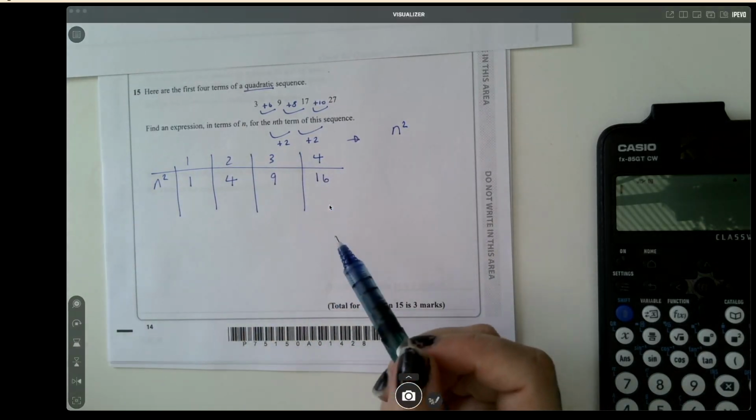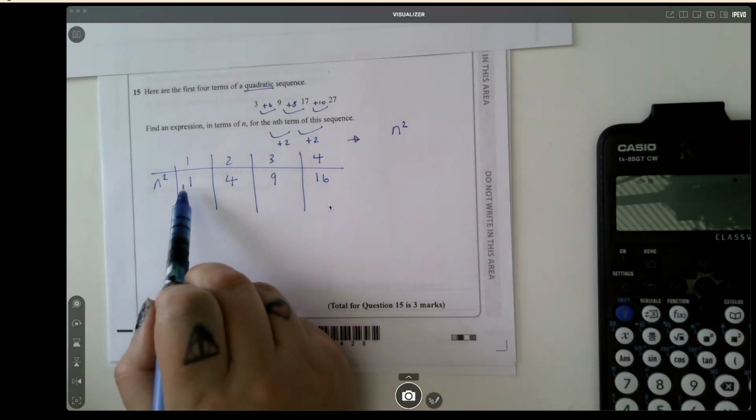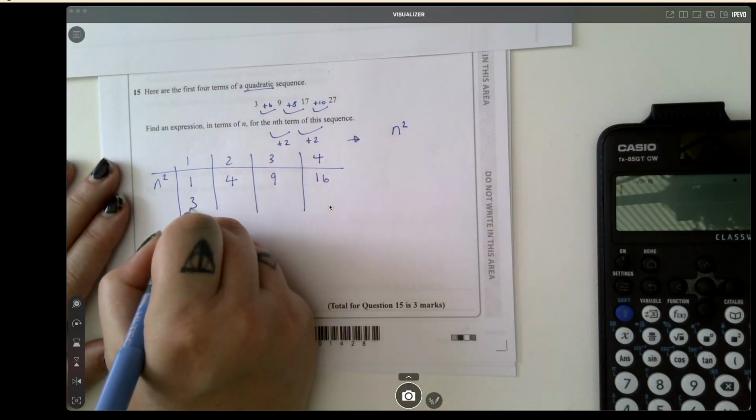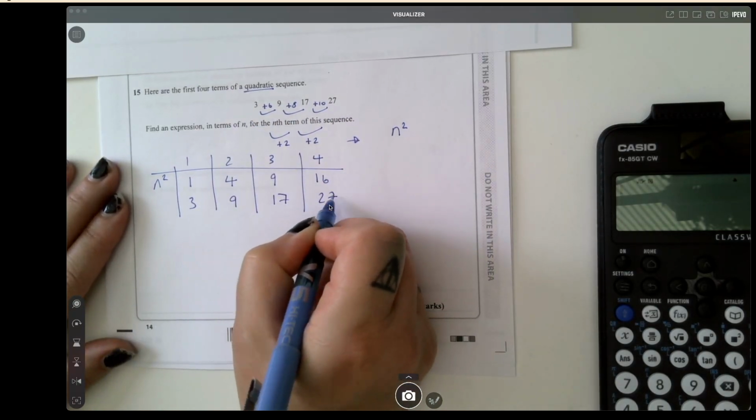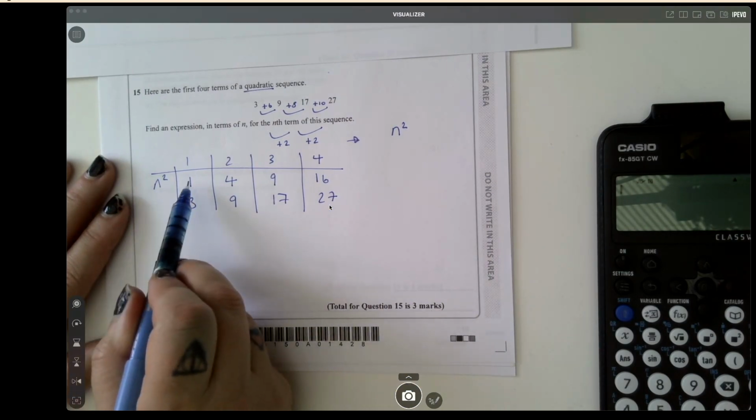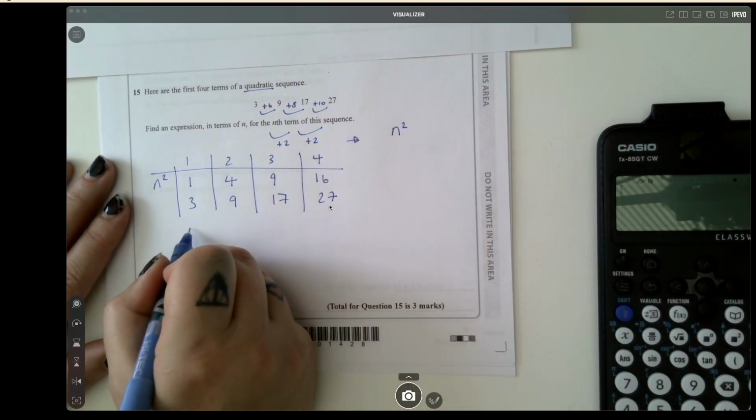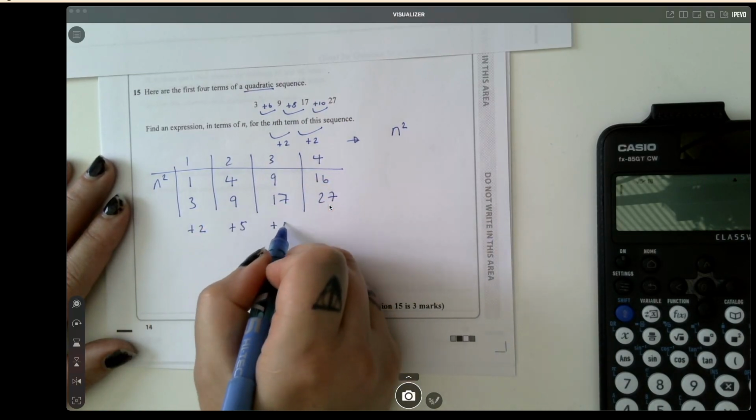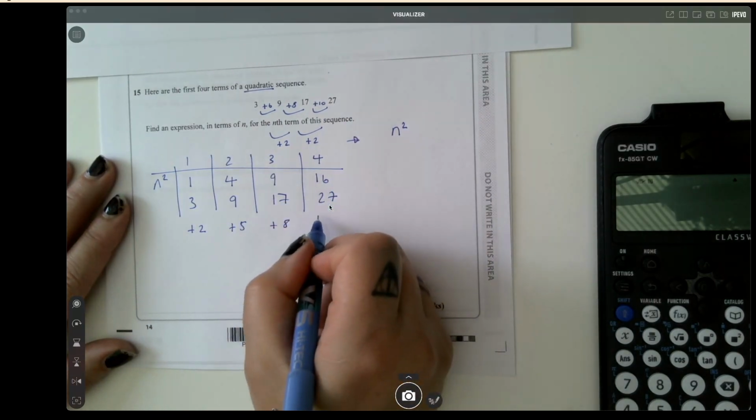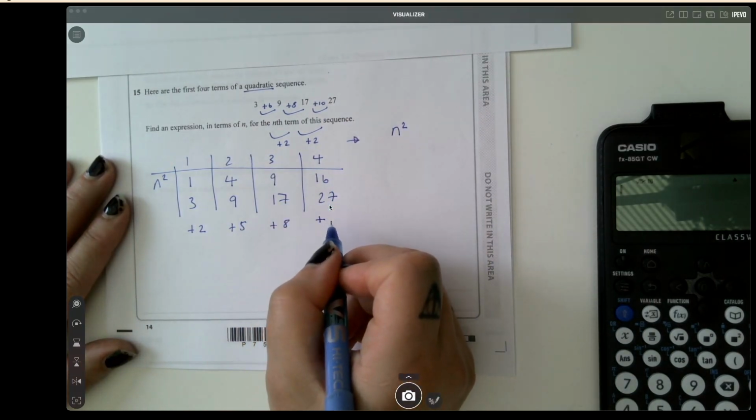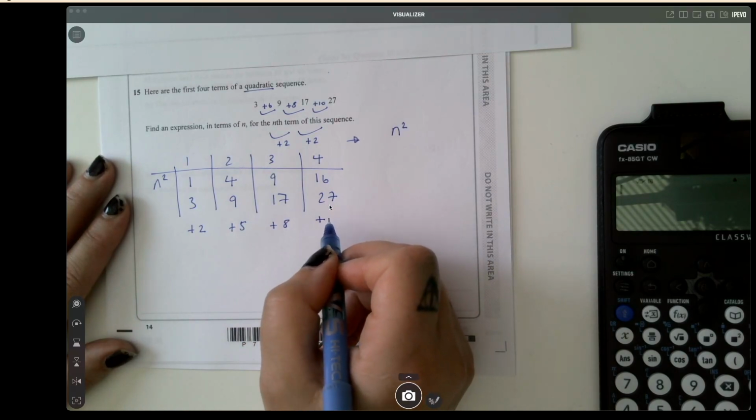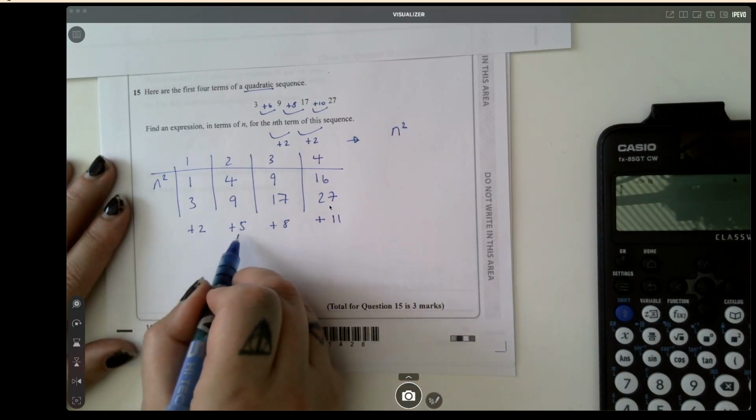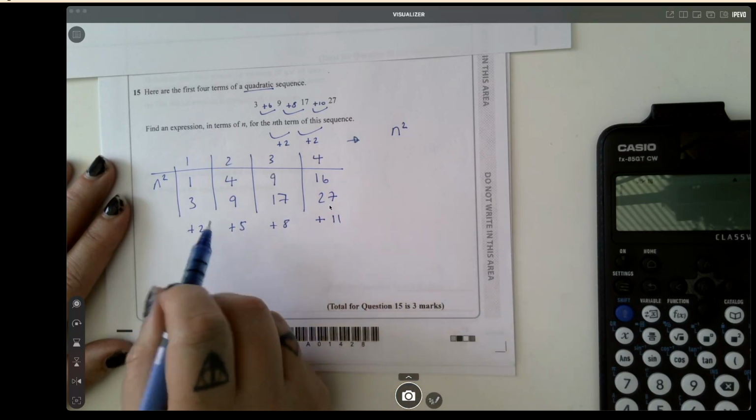And now we're going to compare this sequence with the sequence that we're aiming for. So if I write this down here, we've got 3, 9, 17, 27. So to get from n squared to our sequence from 1 to 3, we add 2. 4 to 9, we add 5. 9 to 17, we add 8. 16 to 27, we add 11. So now let's find what the rule is for this difference between our n squared